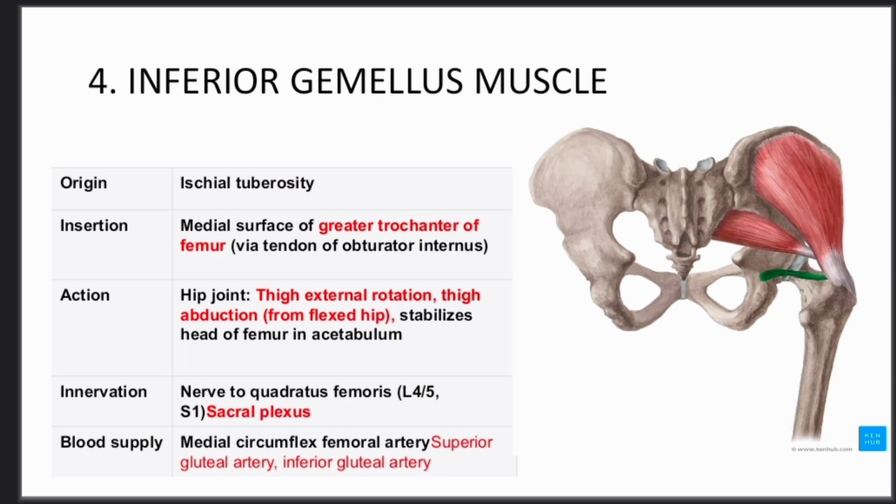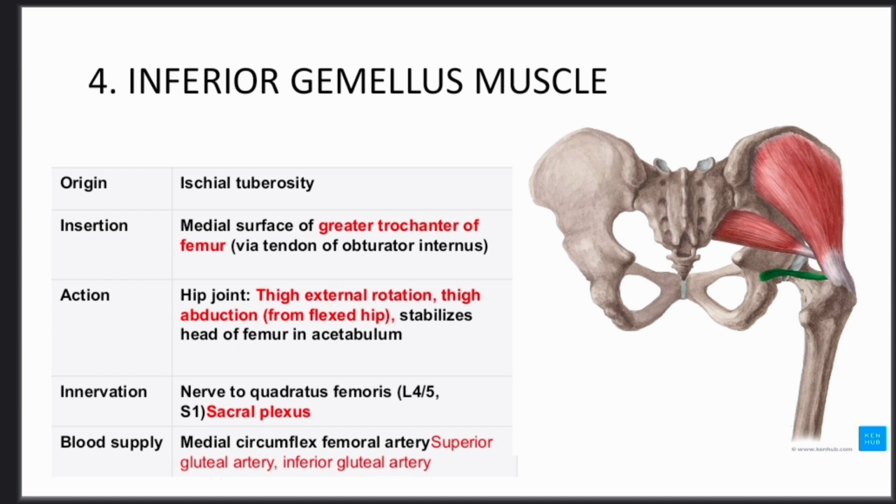Okay. Fourth muscle is the inferior gemellus muscle. So, superior gemellus muscle and inferior gemellus muscle, easy to remember. And origin: the inferior gemellus originates from the ischial tuberosity, and insertion: it inserts into the medial surface of the greater trochanter of the femur again. Okay. And now nerve supply: the inferior gemellus is supplied by the nerve to quadratus femoris arising from the sacral plexus